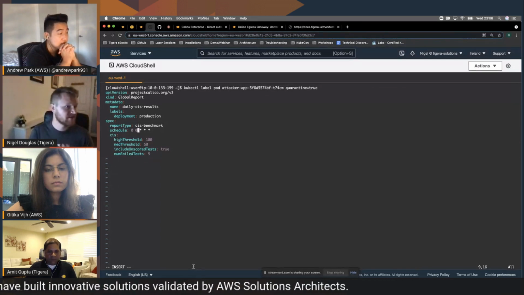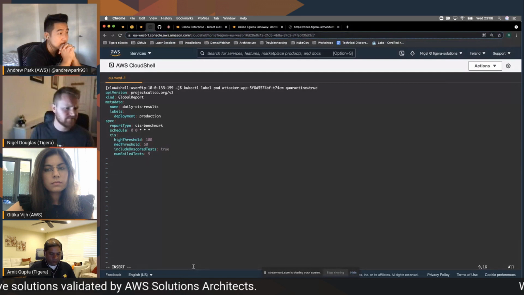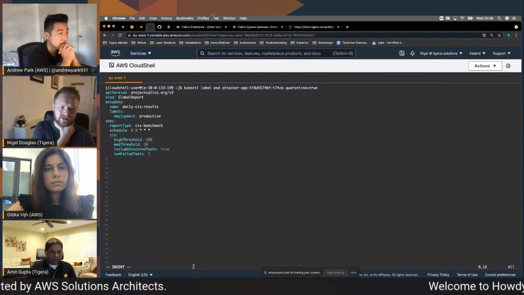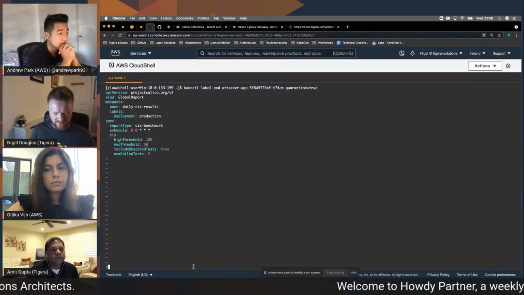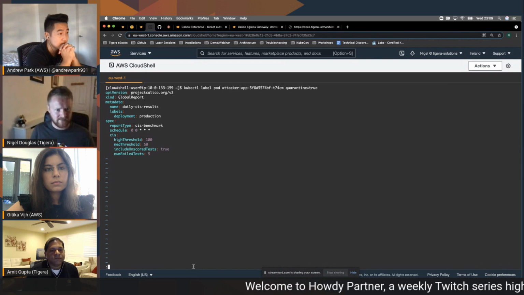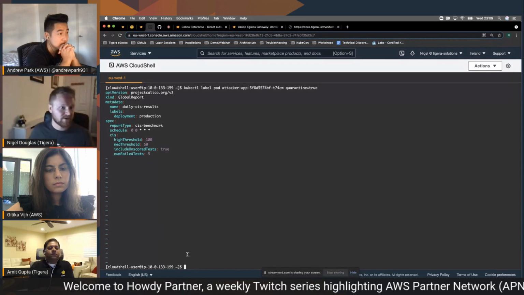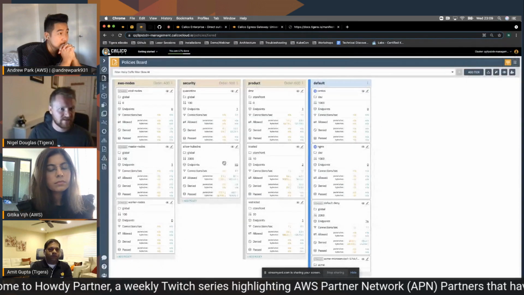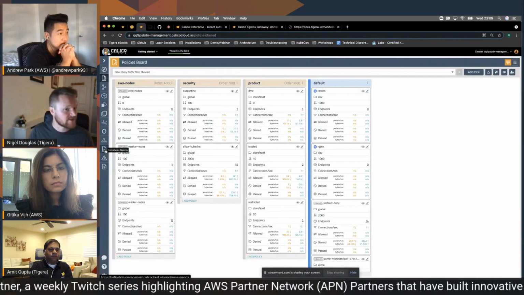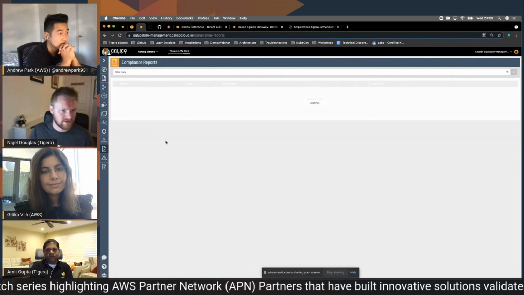Now this is CIS specific, so it's got number of failed tests that I'm going to include into this report, but I'm just going to leave it pretty standard. So even this one, if I write it, it's going to now be daily. But I don't need to run kubectl apply in it because I've actually already added these before the session, because I need at least an hour for these reports to show up.